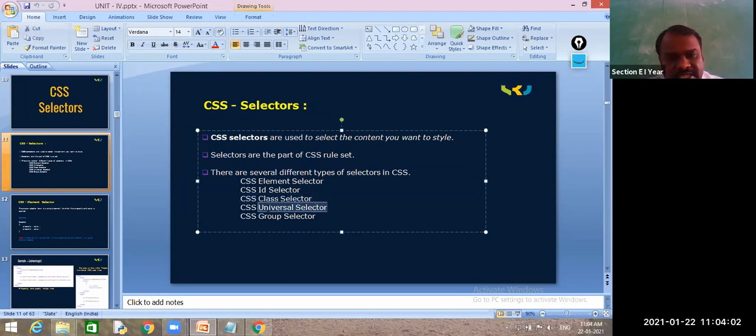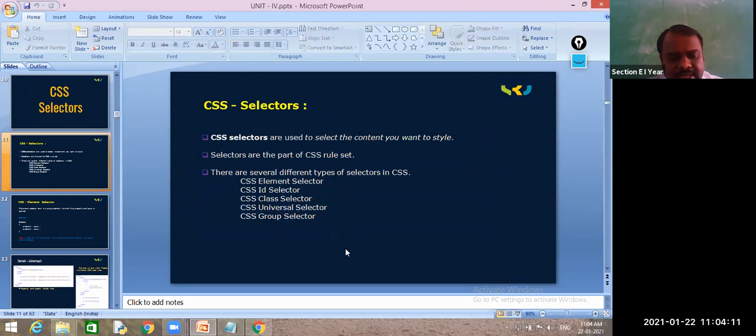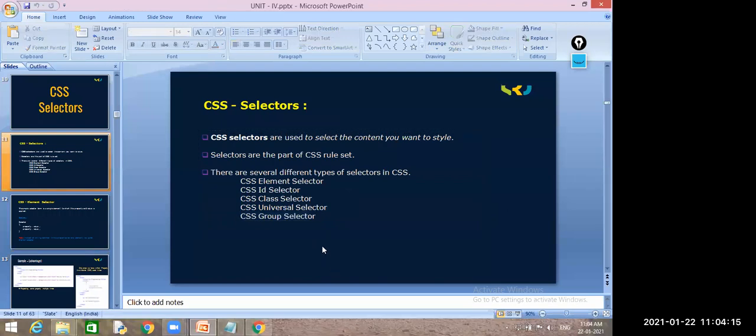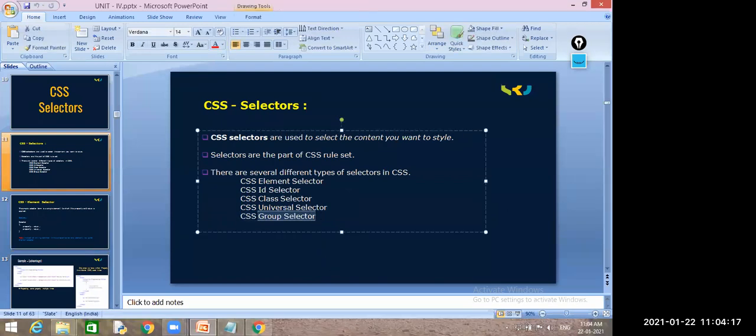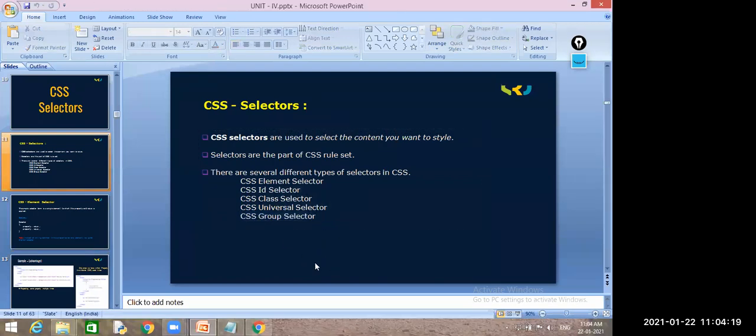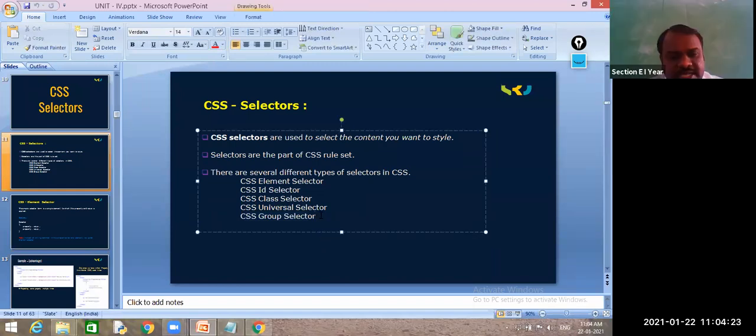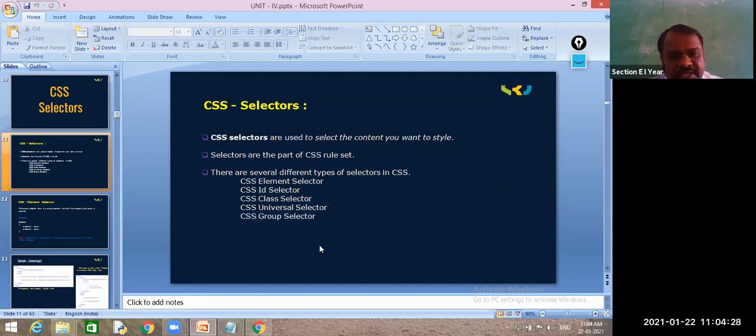Next, the universal selector: if you write any universal selector, it will be applied for every element in your HTML code. Group selector: when do we go for it? When different elements have common properties, then we go for the group selector.